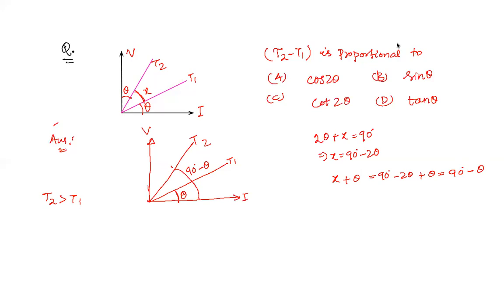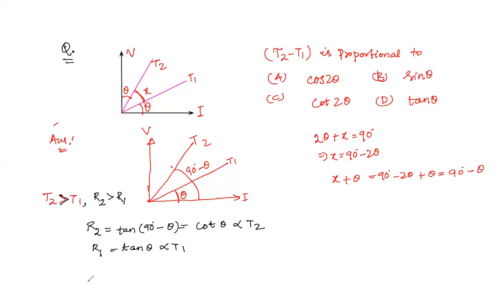I'm going to use another pen because everything will be mingled up else. So T2 is greater than T1 because the slope clearly says that it is a V by I curve. So this is resistance. So resistance is directly proportional to temperature. So T2 is greater than T1, and we can also write R2 is also greater than R1. Now, can't we write R2 is equal to tan of 90 minus theta, that is equal to cot theta, and cot theta is directly proportional to T2. Similarly, for R1, R1 is tan theta and it is directly proportional to T1.